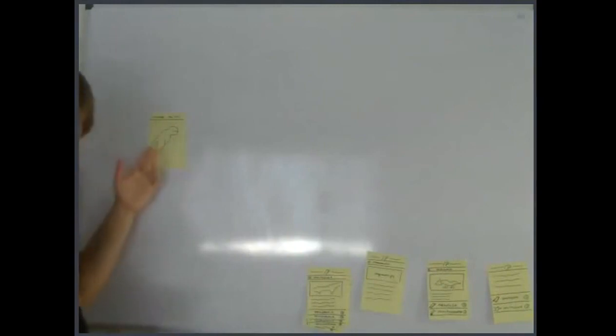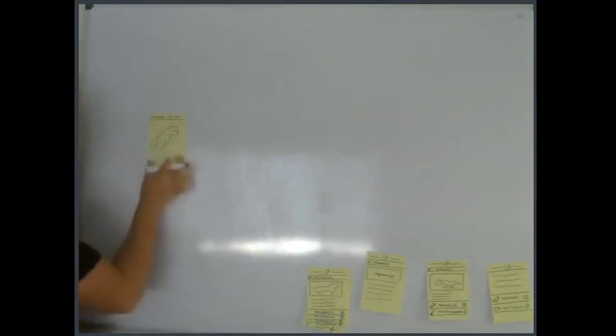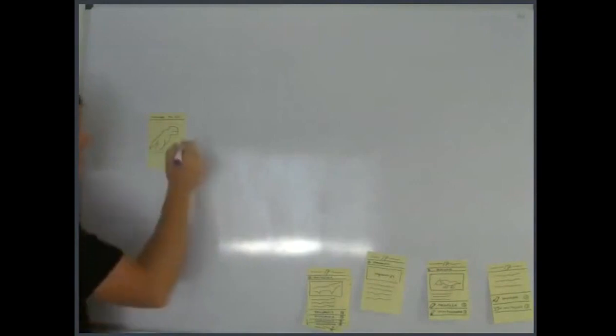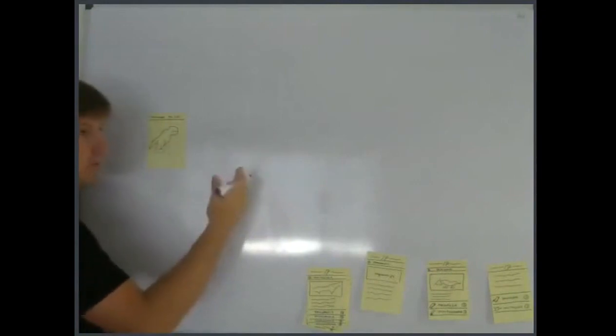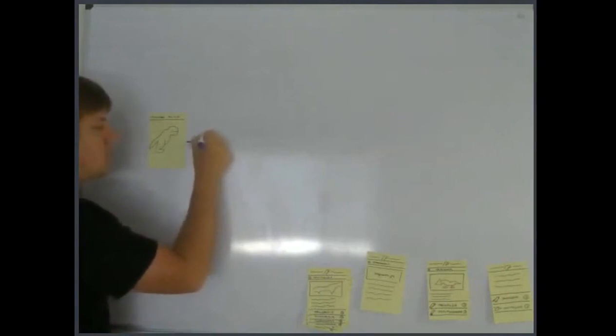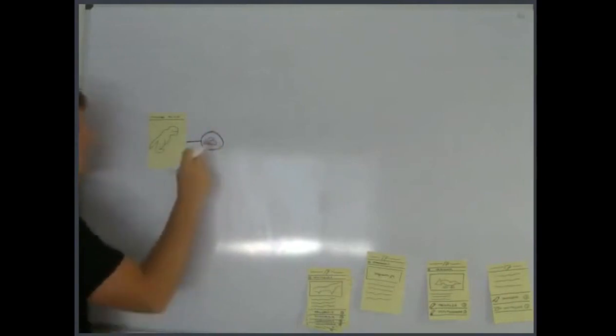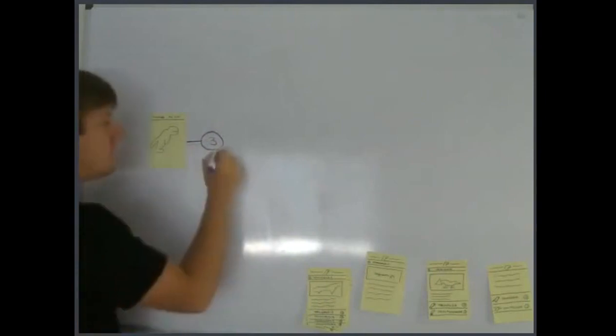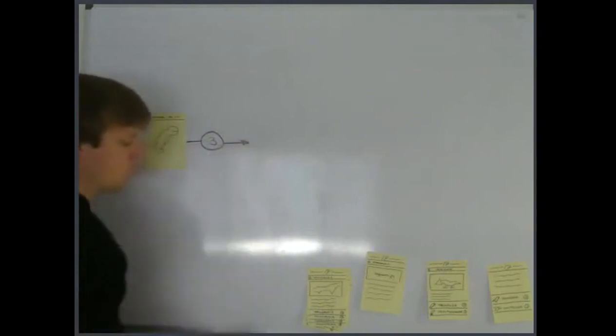So we will have this first screen, and then after 3 seconds I want to show the main menu or the introduction screen of my app. For example, I'm going to use this circle with 3. It will mean a timer of 3 seconds, and then I will go to the intro screen, which is going to be,